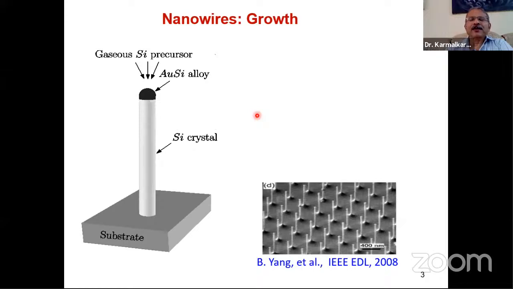If any of you know phase diagrams, any of you know? If you do not know, then you must review. Okay, fine. Let's proceed further. That is why you can see what is written here, gold silicon alloy. An alloying will take place. A gaseous silicon precursor. Now I will come to what is the meaning of this precursor and so on. This is how a wire that is grown looks like. This is an actual photograph of a number of wires grown on a substrate.